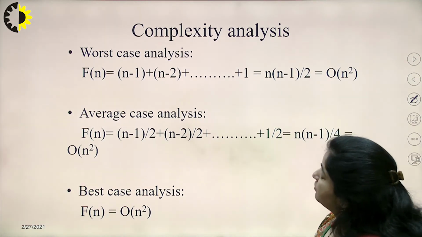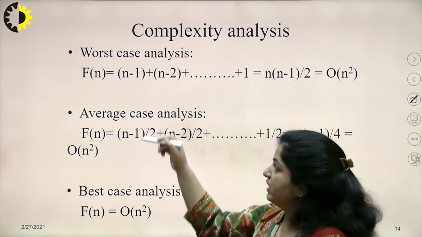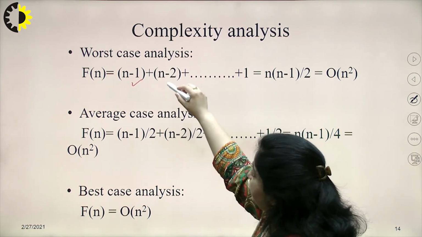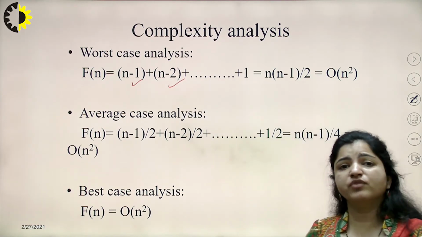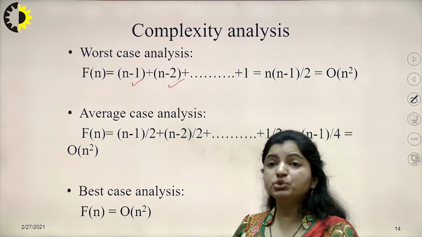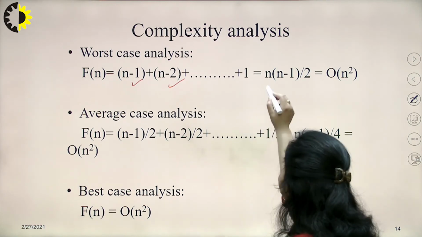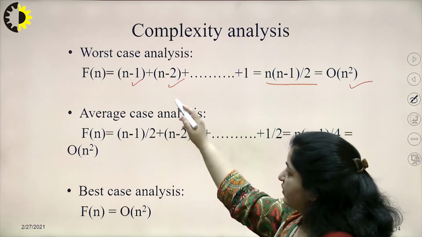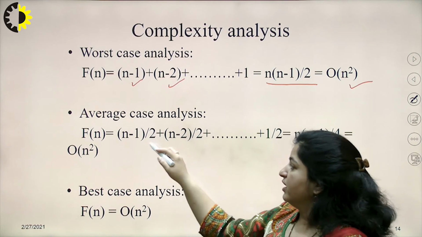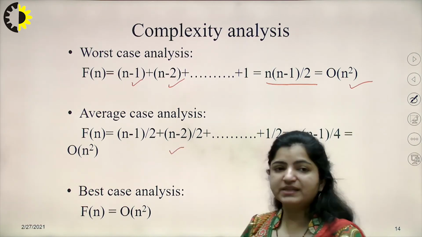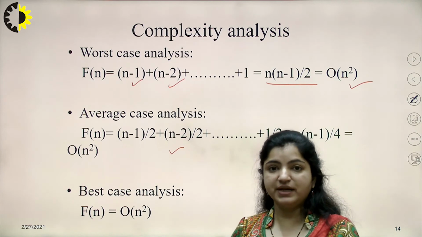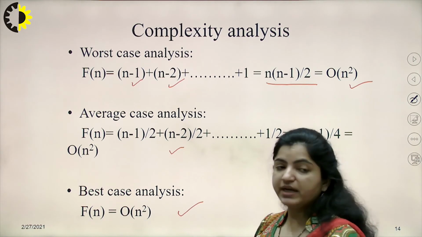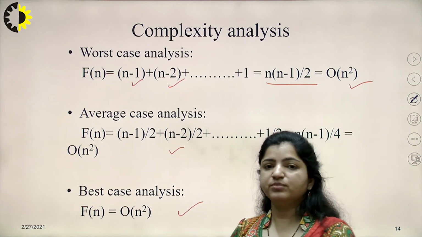Complexity analysis involves, at the very first time, n minus 1 comparisons, then in the second step n minus 2, and so on. The number of comparisons reduces to 1 at the very last step, and then we can find out the complexity of this is big O of n square. In the average case the number of comparisons is reduced to half, and here we again get big O of n square, because 2 is a constant, so we can just ignore it. And the best case analysis is again the same in the case of selection sort, that is big O of n square.